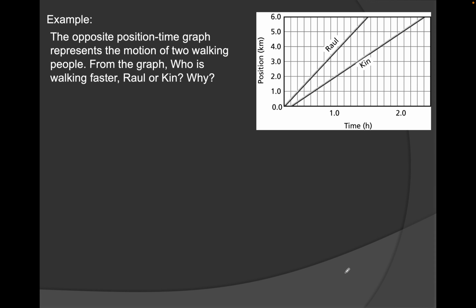There's a quick graph. If you want to know which one is walking faster, what do you think? Giving away the answer now, but you can see that Raul travels the distance in a shorter time. He finishes much quicker. Kim finishes a lot later. He takes double the time. His slope is bigger, his slope is smaller, so you can say that Raul is moving